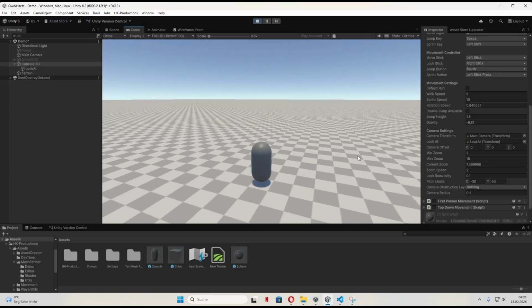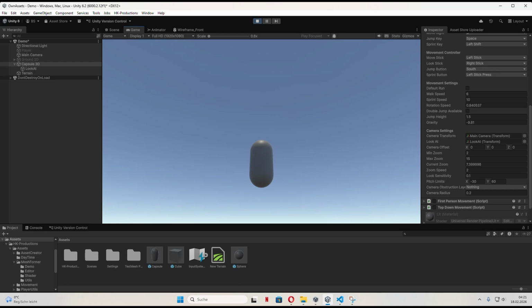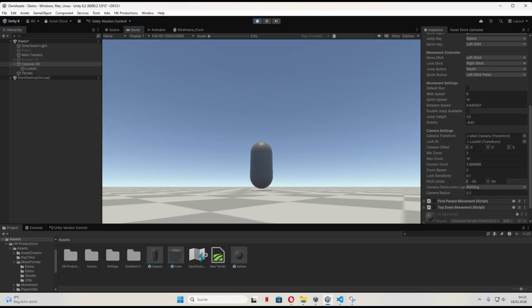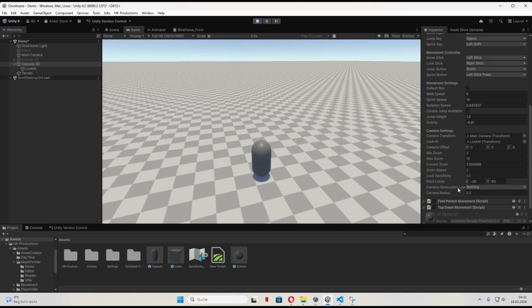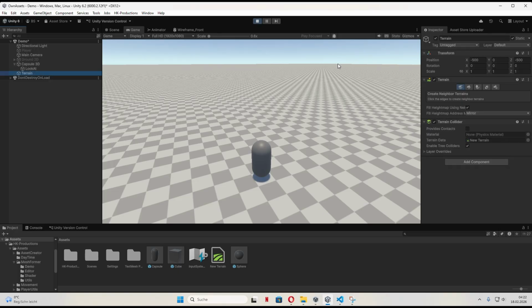Yeah, this camera can now go through the ground, the terrain, whatever. If we set the collision layer to Ground, and let's give the terrain the ground layer,